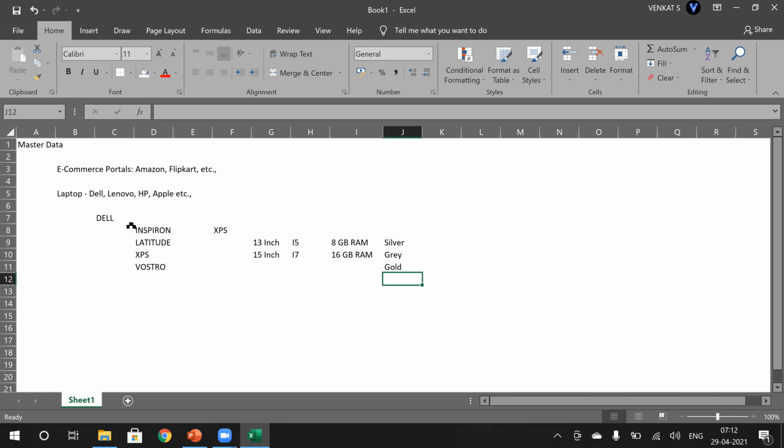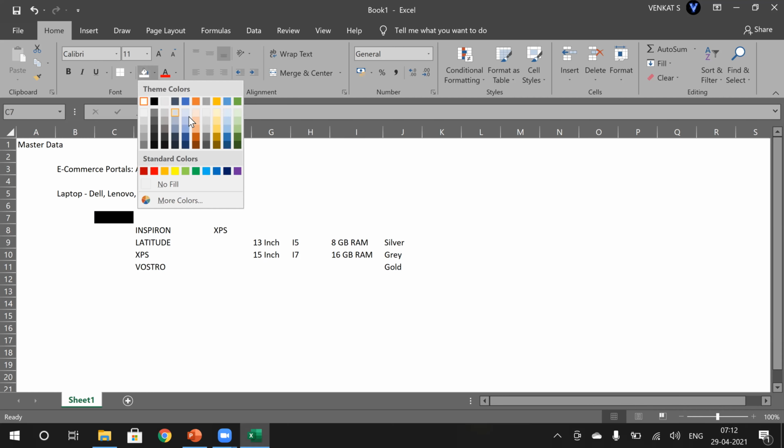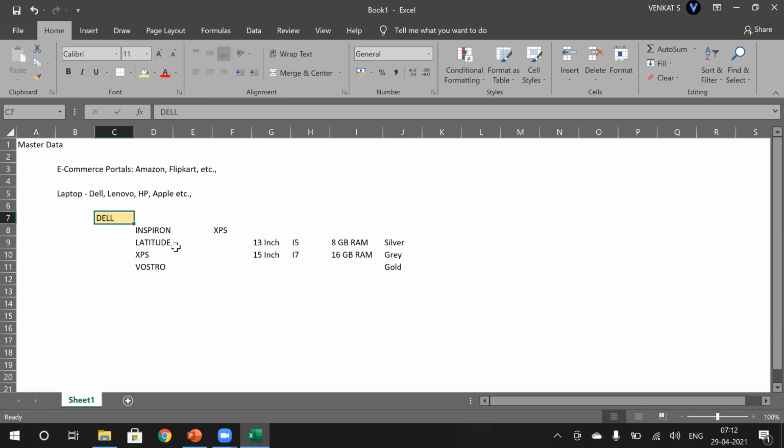Likewise, whatever product we take might have segregations based on the model, variants, or features. The segregation can be based on the feature or whatever it might be, and a few may not have any segregations. Whatever it is, let's take a specific one. I would like to take the XPS, 13 inch, i5 processor, 8 GB RAM, in silver color.